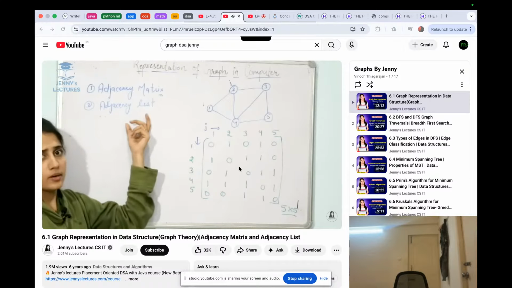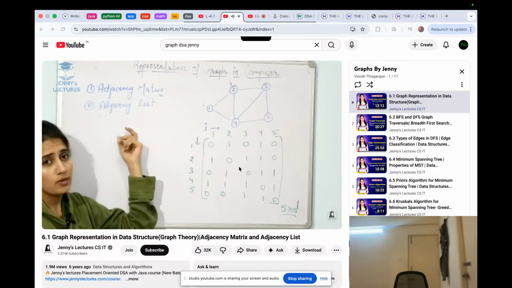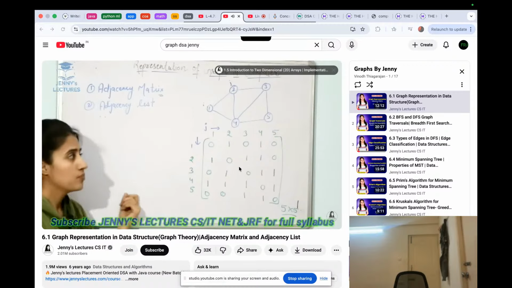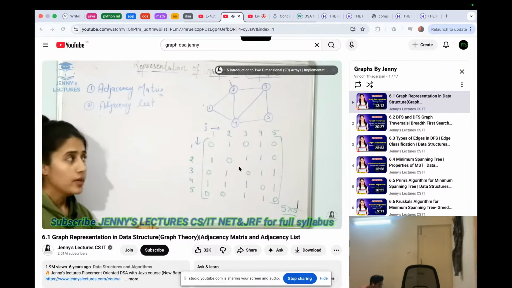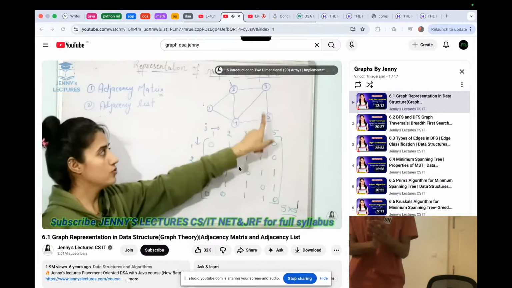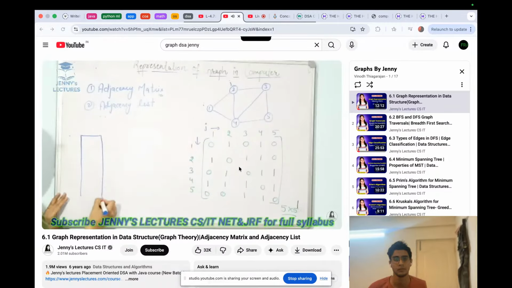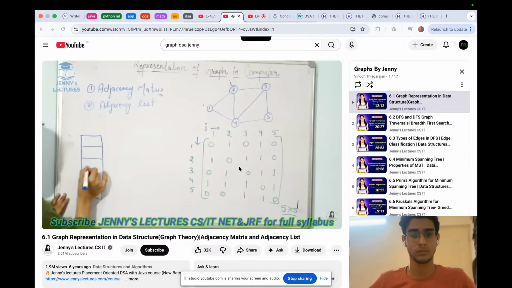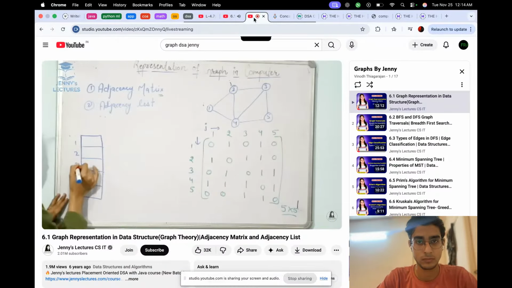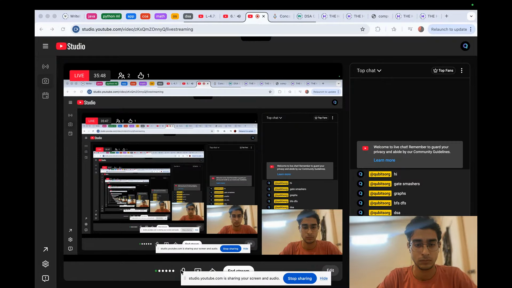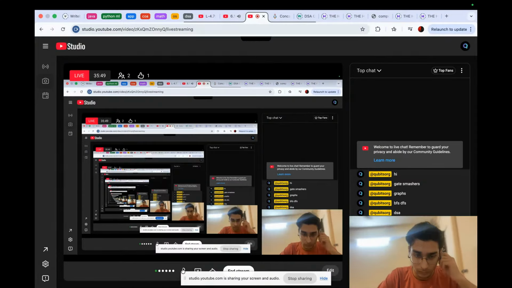Now this would be, as the name suggests, we are going to have linked lists. Fine. And how many linked lists would be there? For each vertex, one linked list would be maintained like this. In this case, we are having how many vertices? 5, I guess. 1, 2, 3, 4, 5. Number of vertices are there. Fine. For each vertex, one linked list would be there, and that link